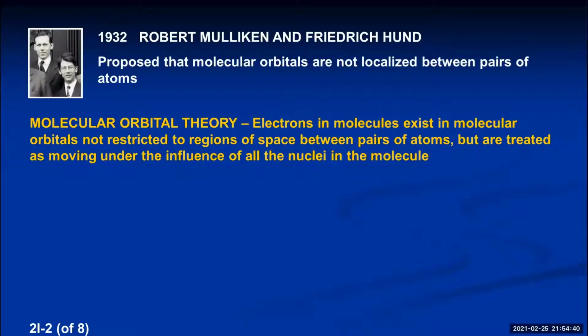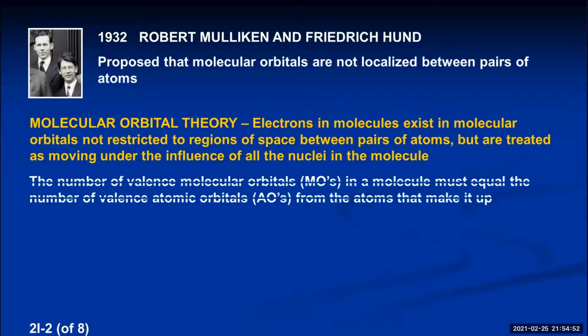Mulliken and Hund said, when you bond atoms together, the number of orbitals you start with on the original atoms has to equal the number of orbitals you get in the newly created molecule. They said orbitals have to be conserved. So an important part of molecular orbital theory, this will be the most important part today, is that the number